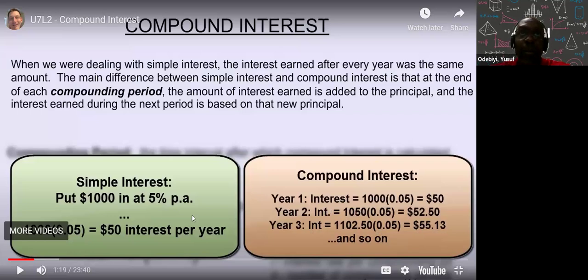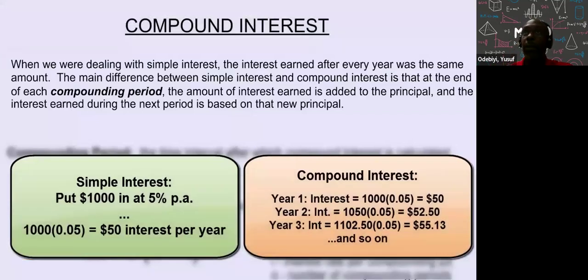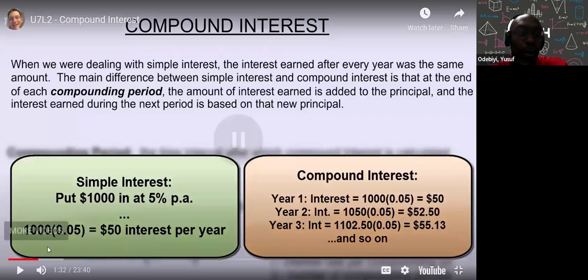Okay. So if the initial amount was $1,000, and then at the end of the first year, $50 of interest was accrued, for the second year, instead of calculating interest on that $1,000,